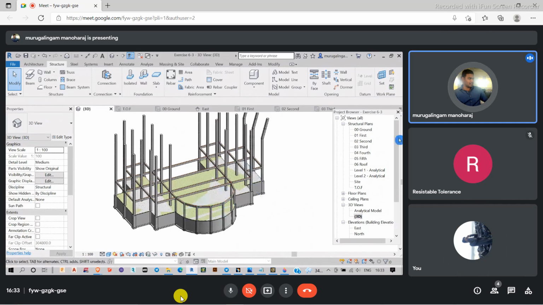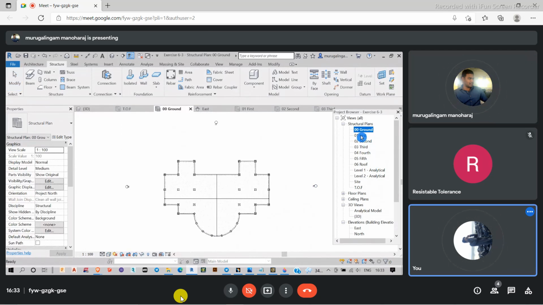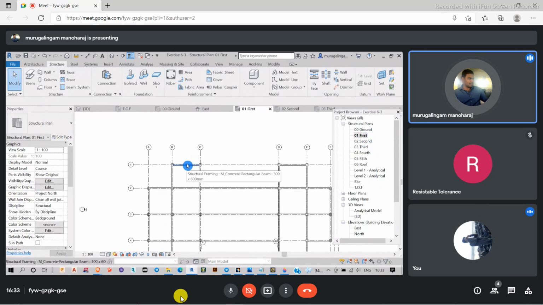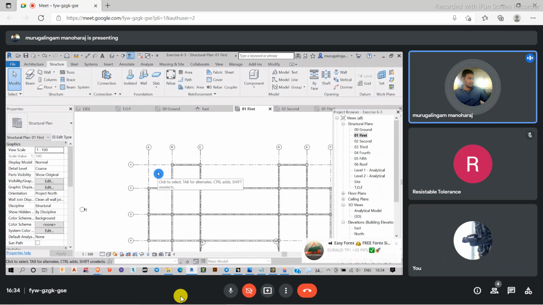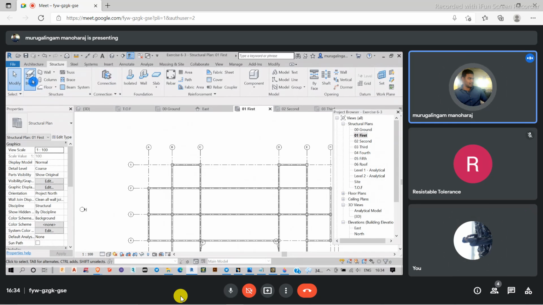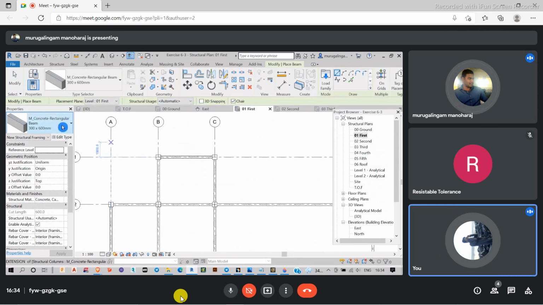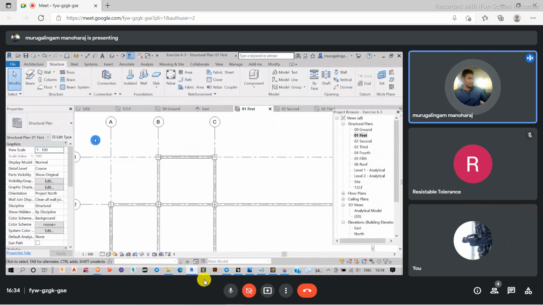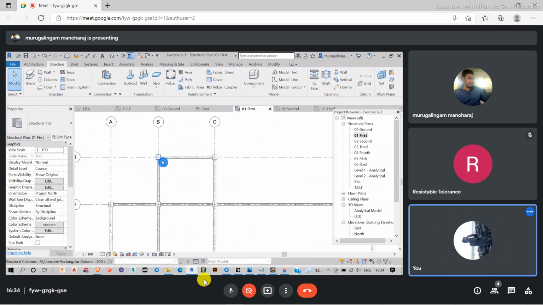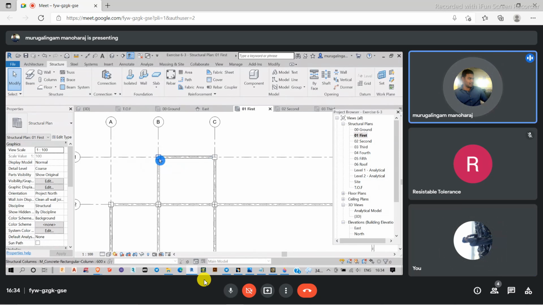The next thing is the secondary beam. The secondary beam is provided when the distance between two columns is very high and the bending moment in the beam is very high, so we need to provide some extra support. I can provide some secondary beams in this method also. What I'm saying is that this is considered a primary beam. The secondary beam is provided when the distance between the two columns is high. In simple words, the span of the beam is very high.